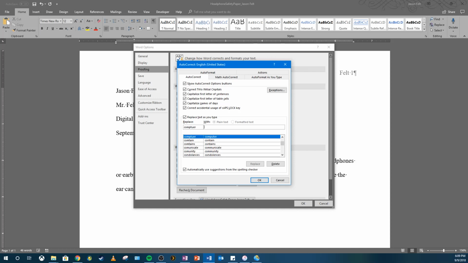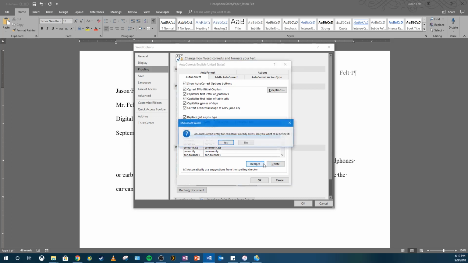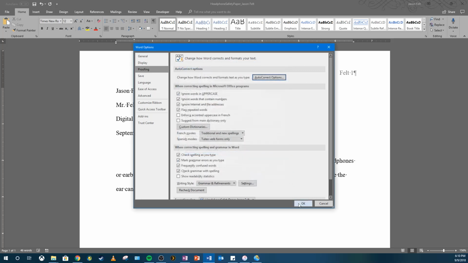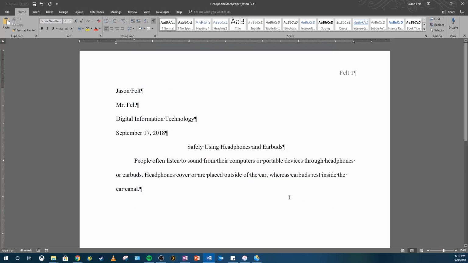COMPTUER with computer. And this might already be in your computer. And if it isn't, it'll be brand new. So we're going to press Replace. And then if it already says Exists, press Yes. And press OK. So what we just did is, if I were to type in CUMTUER and press space,